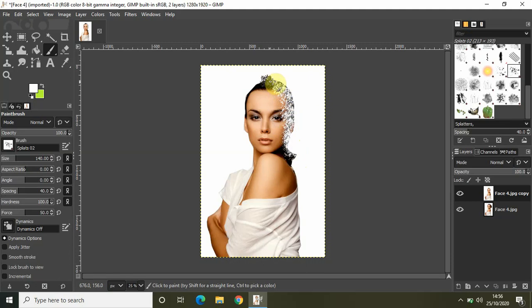Make sure that this border line becomes not so visible. And that's it. As you can see, I have used the paintbrush tool to disintegrate this side of the image using the white foreground color.